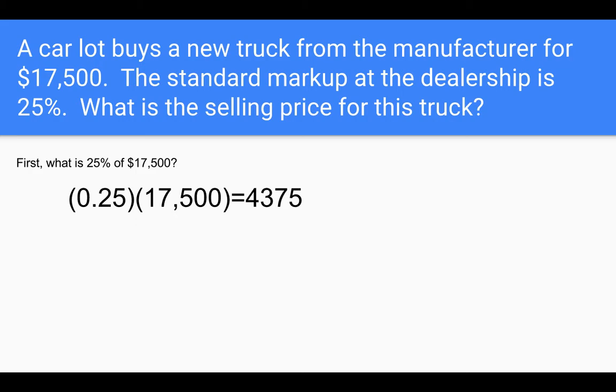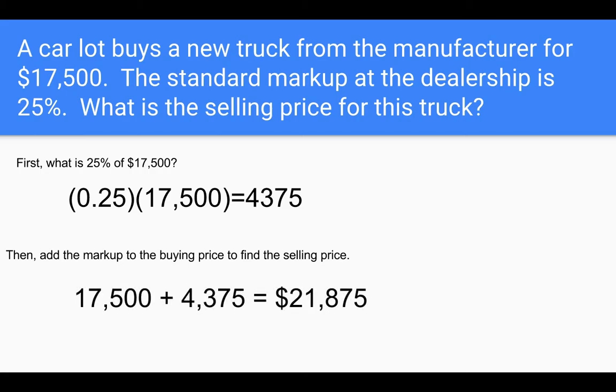And that gives you $4,375. So the markup on this truck is $4,375. In order to figure out the selling price, you need to add what they bought the truck for, $17,500, plus what they're adding on to make money, $4,375, and you come up with